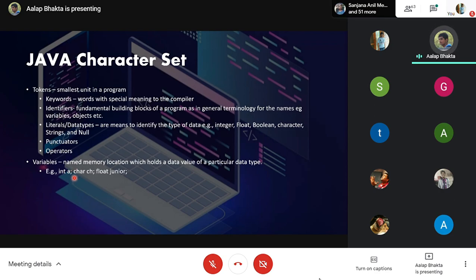In the same way, char is the short form for the whole word character. Then ch is the identifier, like a variable, and a semicolon. Then float is just float, there is no short form for that, and then the variable name or identifier. This name doesn't have any special meaning in the compiler, so it's not a keyword, so we can use it as an identifier.